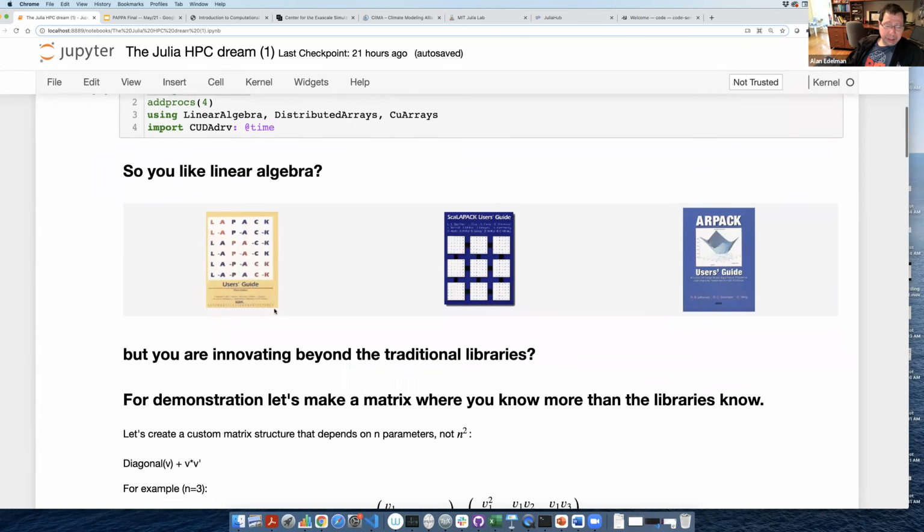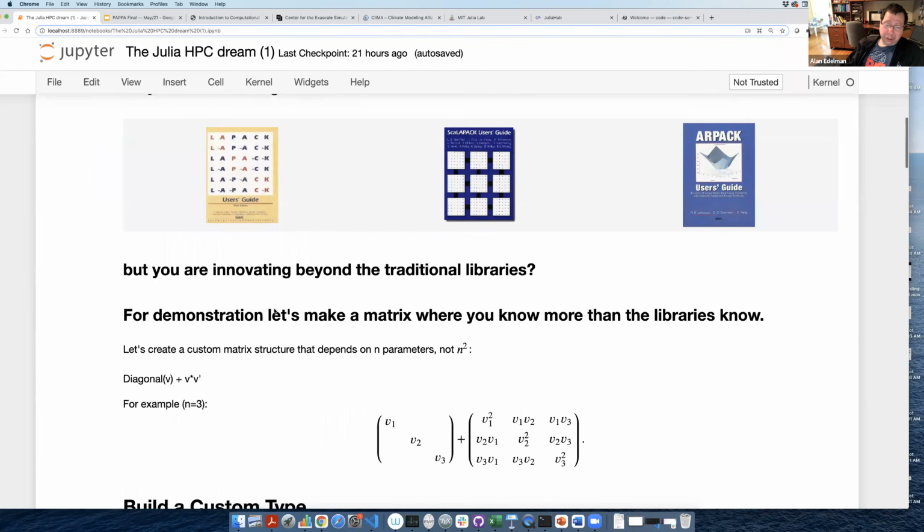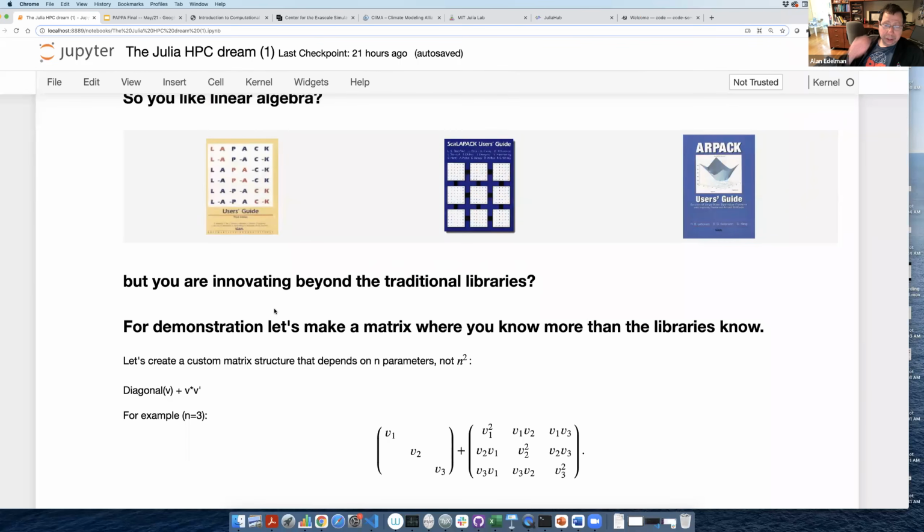So what might happen if you're going past what the library offerings have? Here, I'm going to show an example from linear algebra where I have a matrix. A matrix is just an array of numbers. I have a matrix that neither fits traditional categories like dense and sparse. So in the world of linear algebra, a dense matrix is an array of numbers where there's mostly non-zeros. And a sparse matrix is one where there are a lot of zeros and software can take advantage of that.